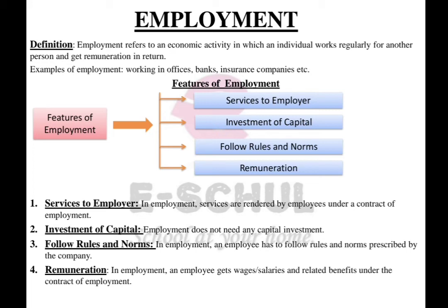And the last point is remuneration. In employment, an employee gets wages, salaries, and related benefits under the contract of employment. As we discussed earlier, an employee will work for his employer, and as a result he will get a solid remuneration. This money will differ depending on the nature of the work. For example,